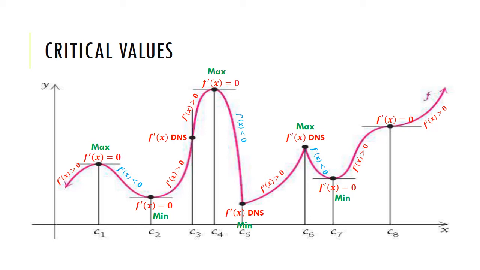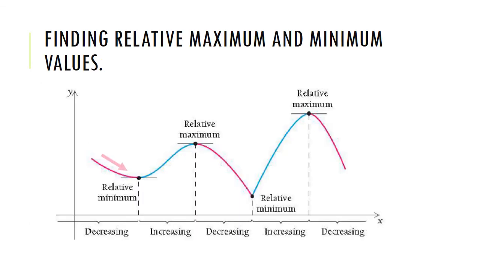So what about at C3 and C8? The function is increasing on the left and increasing again on the right. So they are neither maximum nor minimum. When the function is decreasing on the left and increasing on the right, it is passing through the relative minimum, or sometimes we call the local minimum. When the function is increasing on the left and decreasing on the right, it is passing through the relative maximum